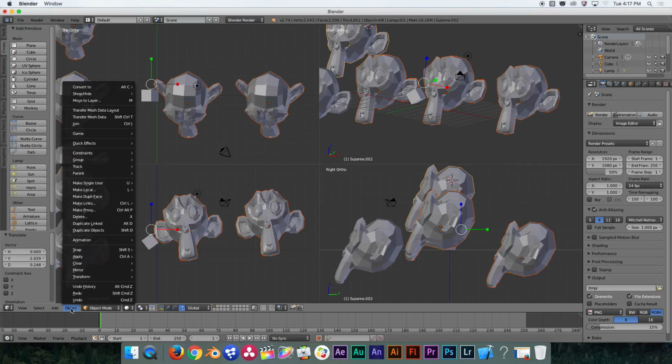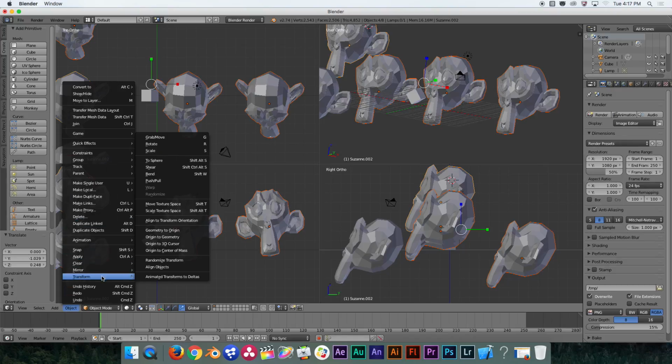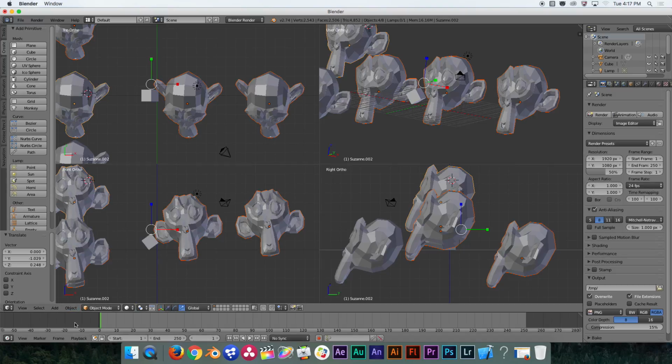Under the Object menu, you'll find the Delete button. You can also find other buttons, like your basic transform controls, listed under Object. You can find all kinds of things. Some of these other colorful looking icons that are down here, like this white shaded circle, this is actually a